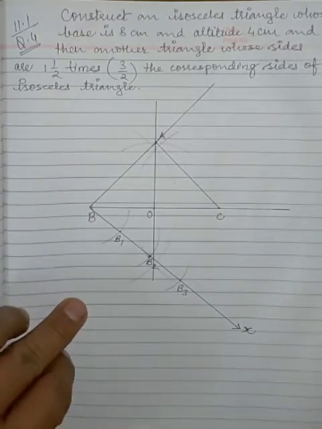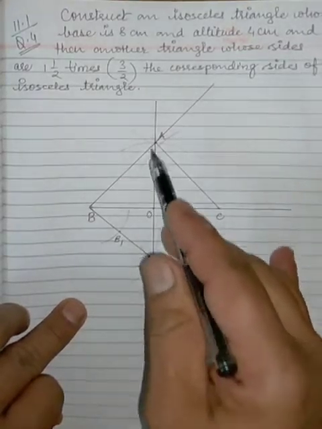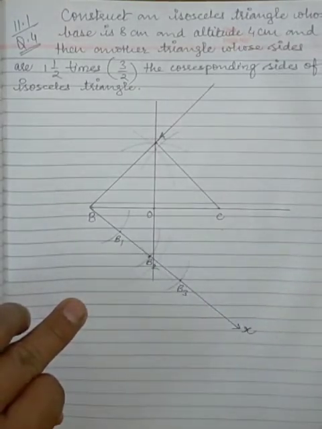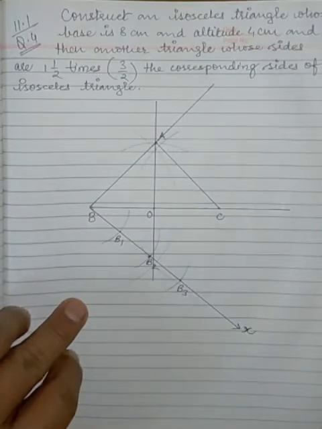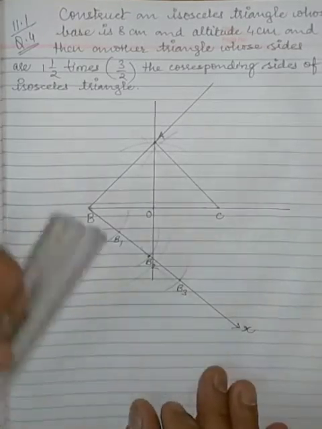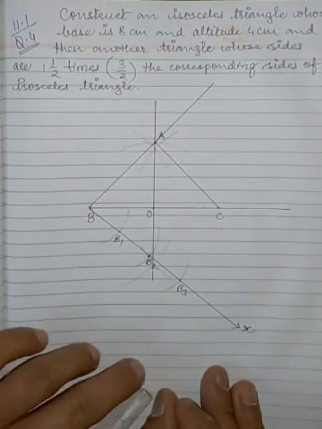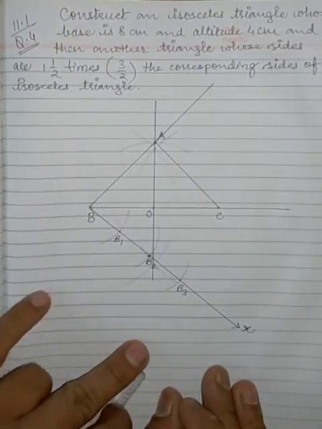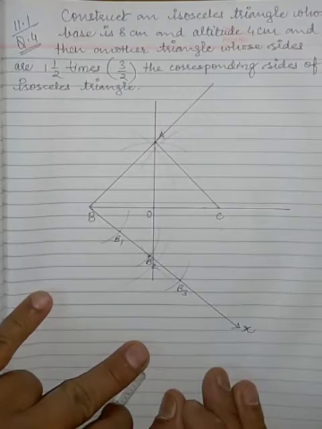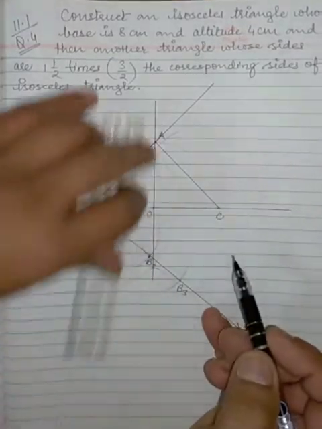Now children, in this question, as you can see, there are so many arcs we got because of the perpendicular bisector and now because of these arcs. So you have to be very careful while joining the required points. Sometimes we may join some wrong points and the construction may go wrong. So while joining the points, you have to be careful. Now since according to the ratio we are going to construct the triangle outside, this time we will join B2 to C,